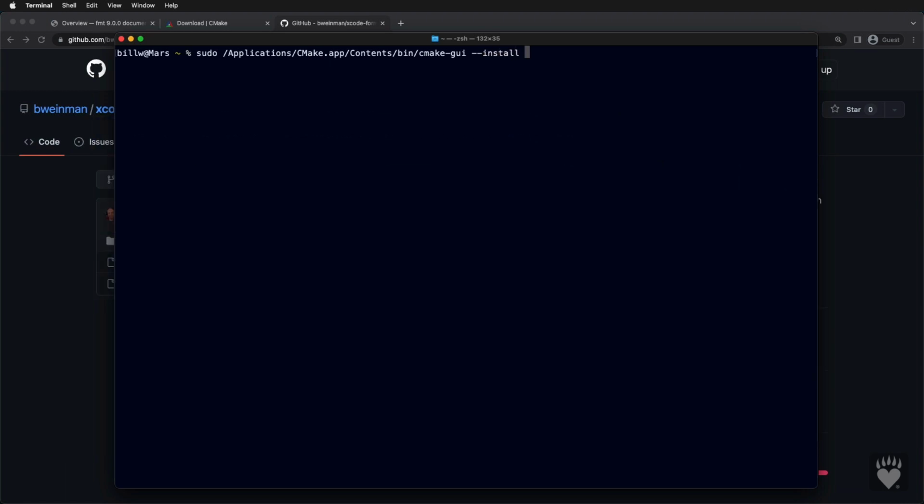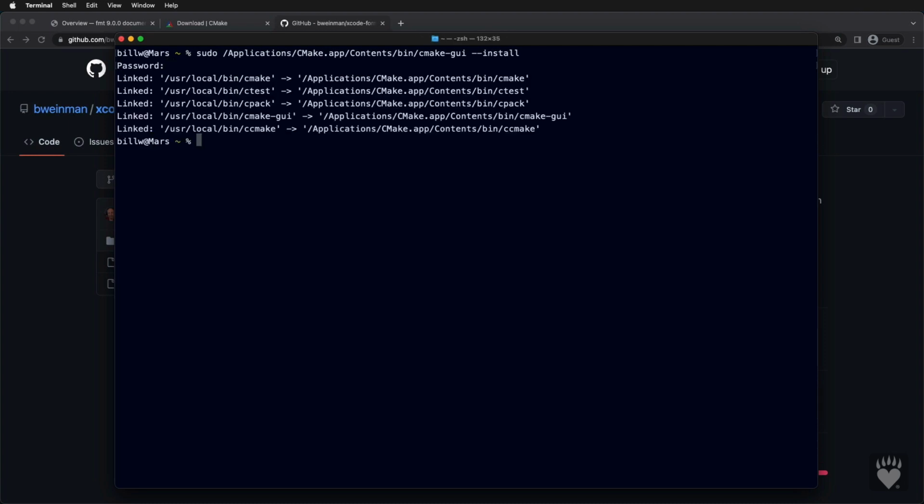And so if you type all of that exactly, sudo will ask for your password. I'm going to press enter now. Sudo asks for your password. This is your master password for your account on your Mac. And presuming you have administrator privileges, you'll type that password and press enter, and then it'll go ahead and